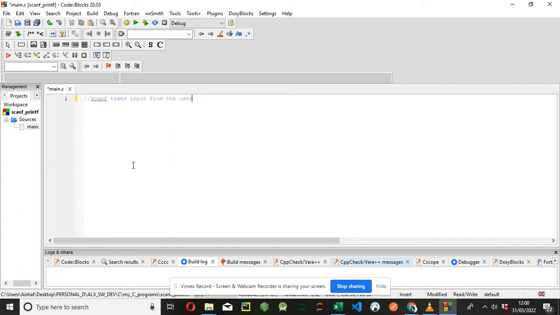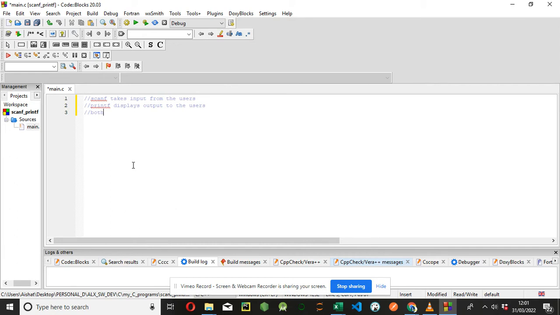And the printf displays output to the user. It's as simple as taking input from the user and displaying output to the user. But one similarity is that